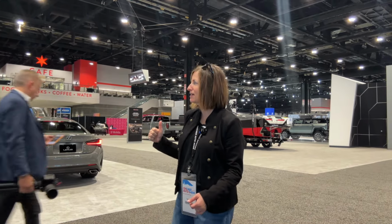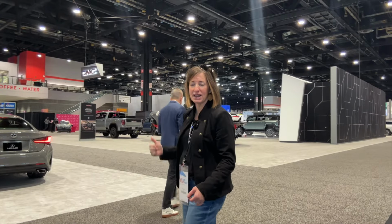I have to say that it is a smaller show, but putting it all in one space actually makes it feel more intimate. I didn't feel like there wasn't enough here for me to see or that it was a waste of my time. Especially if you are a car consumer and maybe you're not up on the latest and greatest, this is a great place just to walk around, see what's here, get some ideas for what you want for your next car, sit in them, see which one has the most room in the third row,